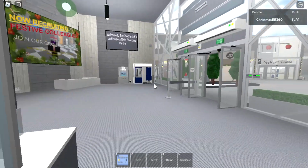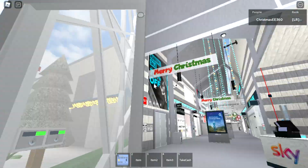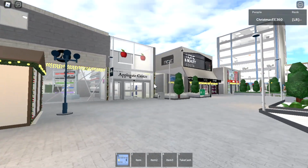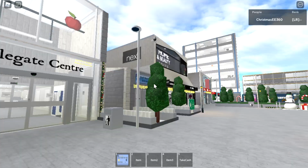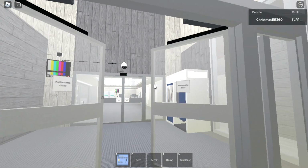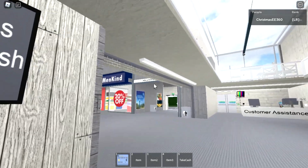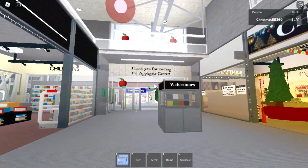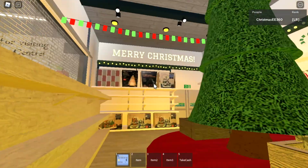Then I was going to say turn that into a Clark's and just keep this as it is, and turn the old Pound World, which was a Halloween shop for a while, into a Clark's, and have a New Look where H&M was, and have that as Aurora Boutique still. No, I think you should